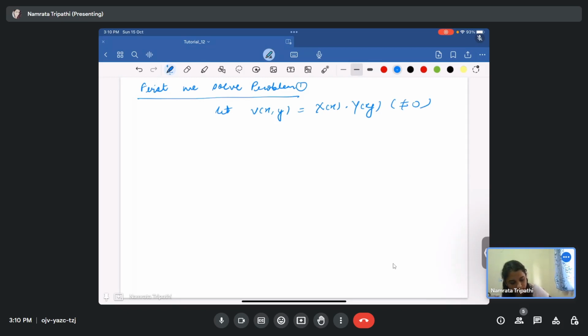So it will satisfy equation 1. What was equation 1? u_xx plus u_yy is equal to 0. Fine. So if v satisfies this equation, then v_xx plus v_yy equals 0. So after satisfying equation 1 for v(x,y), we will get